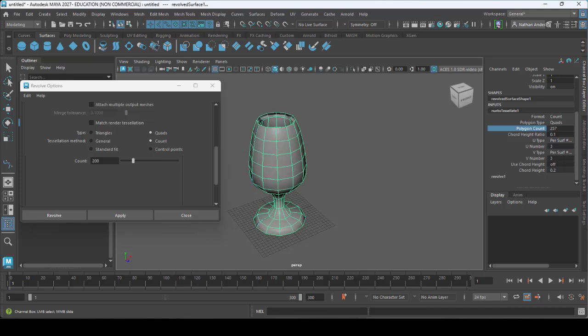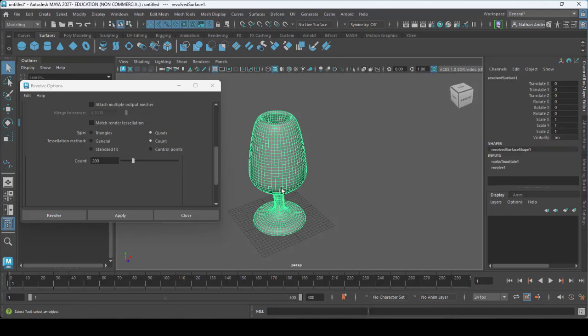And you can see the more polygons we add to that, I can even type something in, the smoother it gets. Easy.